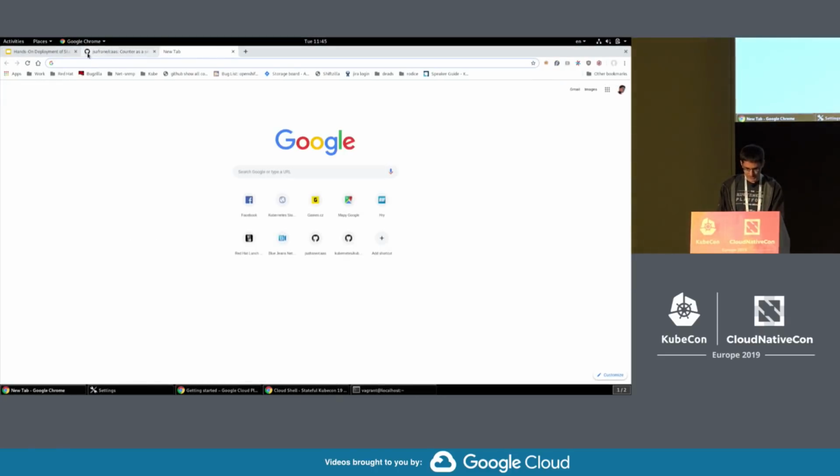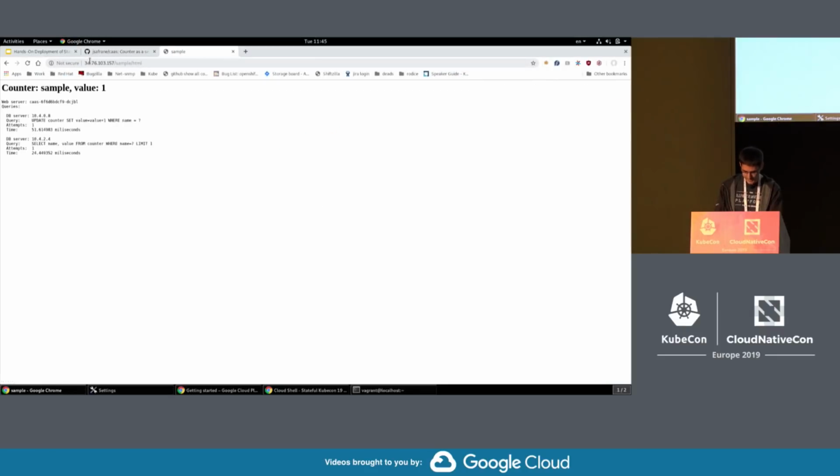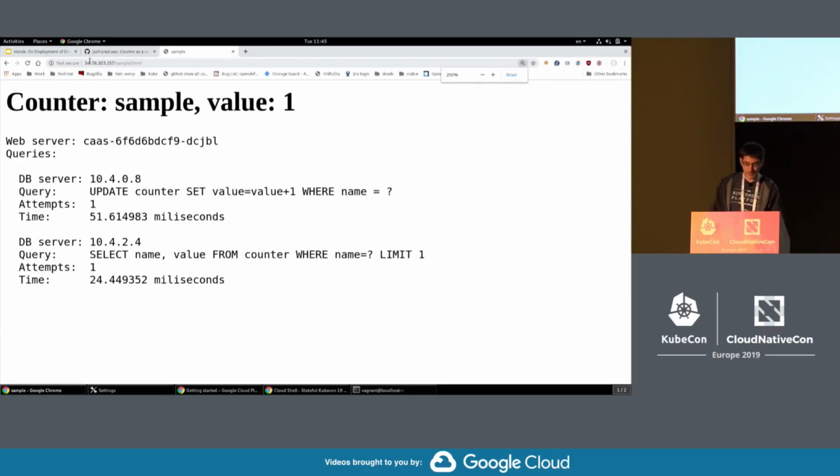Google did some magic and exposed this IP address on the internet. And that's our application. As I've said, this is just a counter, and it increases with each reload. There is some debugging information. For example, the IP address of the database server that answered the application